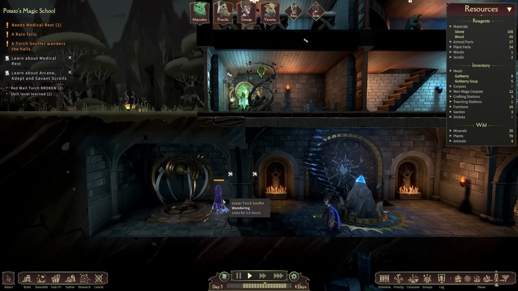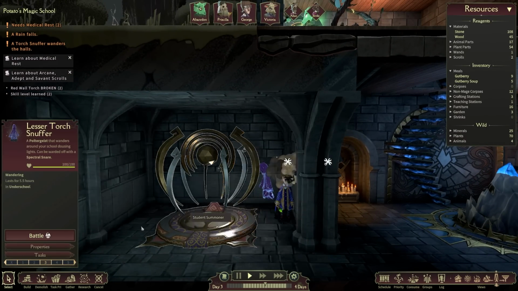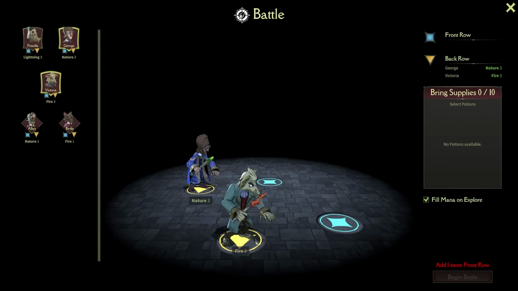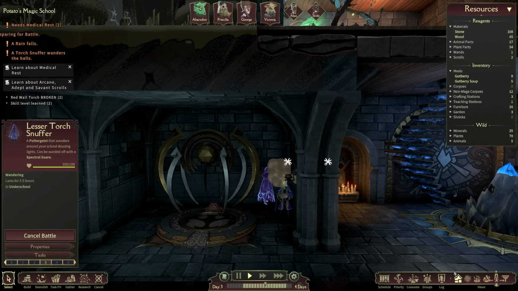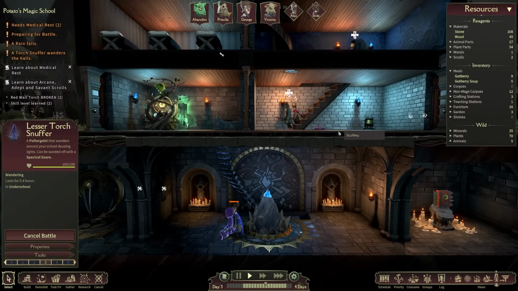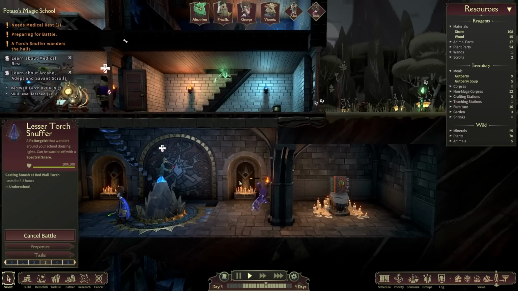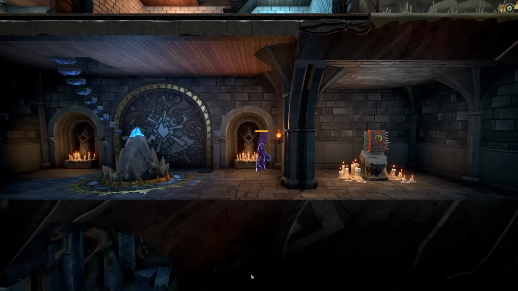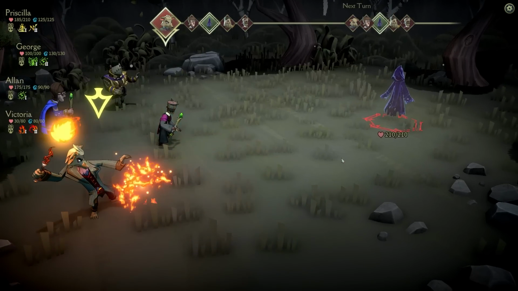Oh, look at this. This is a lesser torch snuffer. Oh, I see. You're a nasty creature. Let's battle the torch snuffer, shall we? It's time. There we go. Battle the torch snuffer. Let's do it. But yeah, the point is that you level up the students, you get progressively better students, you summon better students, you train them up. You can choose to get rid of some of your members of staff, if indeed. There we go. It's just a single torch snuffer, but it is